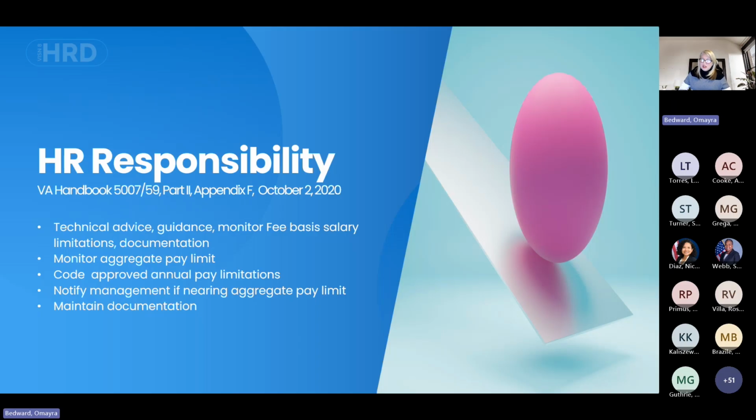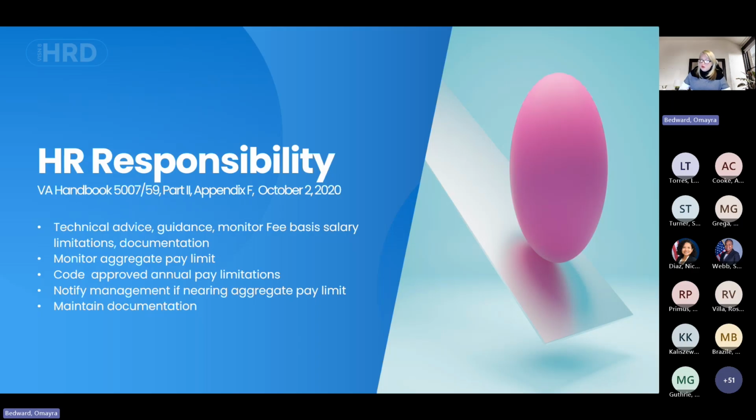HR will regularly review the payments associated with fee basis, part-time, or intermittent appointments to ensure an employee's combined earnings do not exceed aggregate pay limits. HR officials will regularly review aggregate pay projection reports in HR Smart prior to authorizing fee basis appointments to ensure fee basis payments will not cause the employee to exceed the aggregate pay limit.